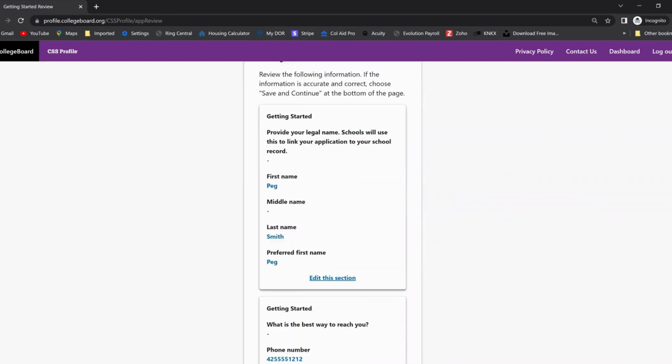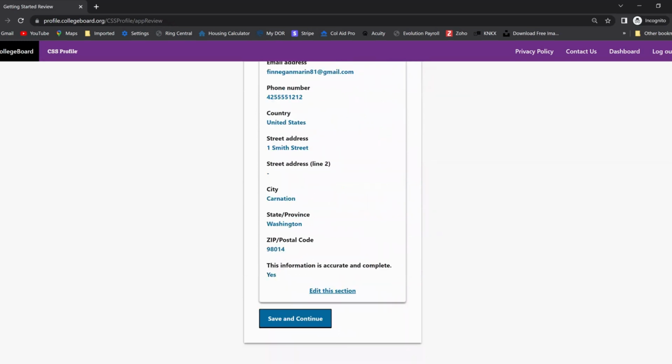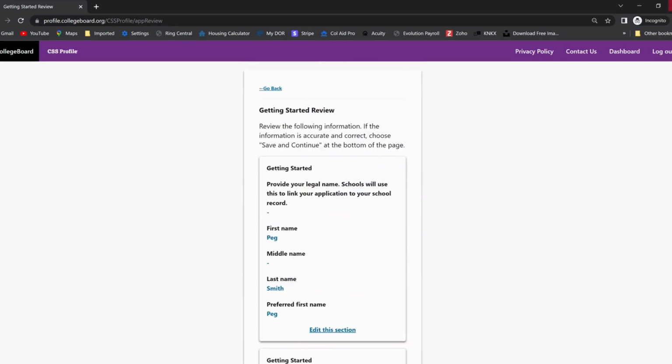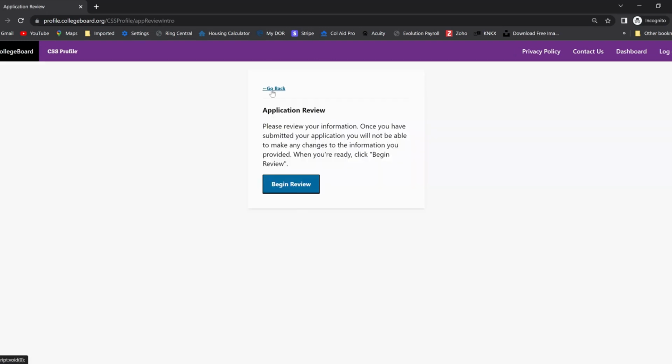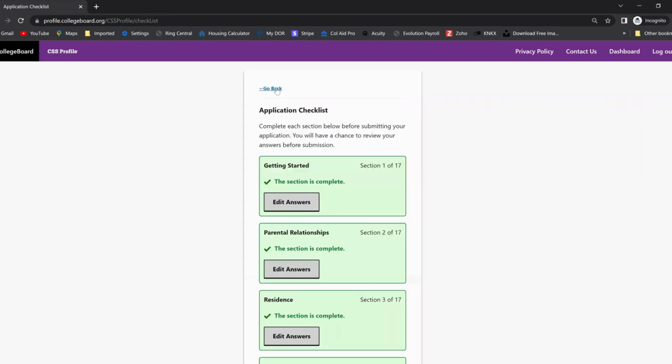So this is going through and looking at everything you put in, but it's by section, and you save and continue. So you can't produce a nice little PDF. Then once you go through the application, you will be able to submit, and there you're going to see a page that has all the schools and all the costs listed. And I'm going to go ahead here